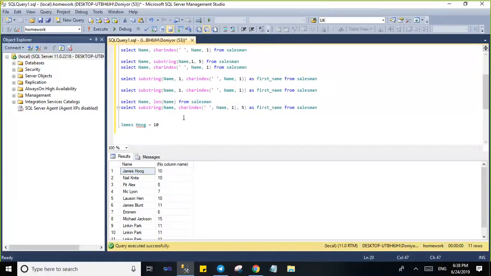So now this gives me the starting point of the space in each string. Basically, what I'm saying is substring the name column, start from wherever the space is, and go until the length of this column, minus